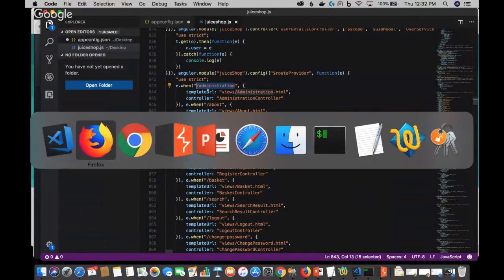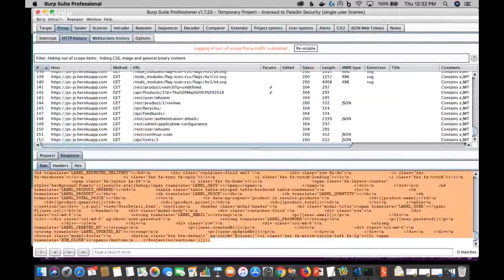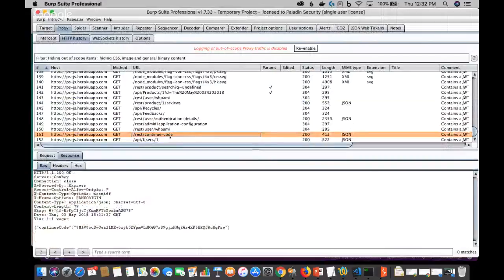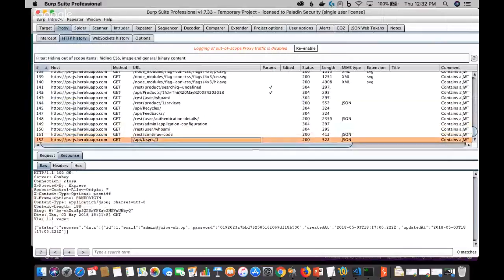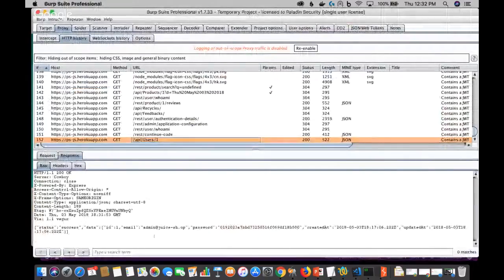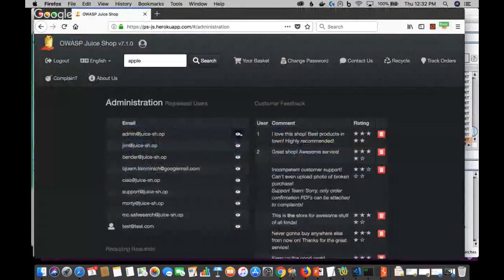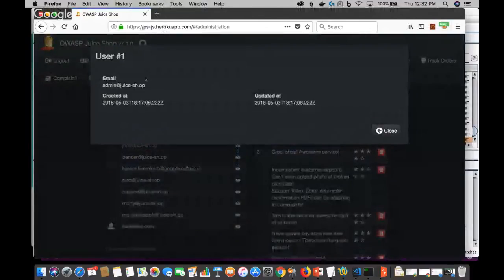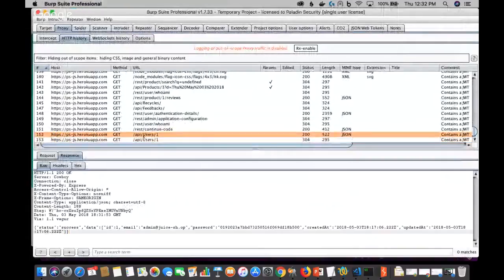I'll go back over to my Burp log here. Yeah, we're not even seeing this request for administration show up, right? Because this is all implemented client side. We saw a pull for the administrative user. All right, this is interesting. Inside of the interface, I said, hey, let me see the admin user. And it gave me just the email address and the created at date, right? I go back over to Burp